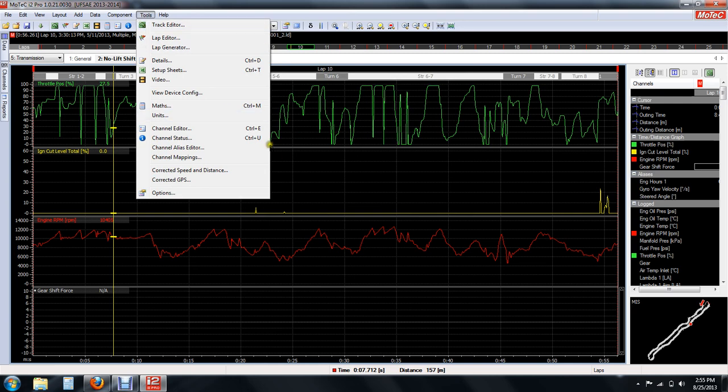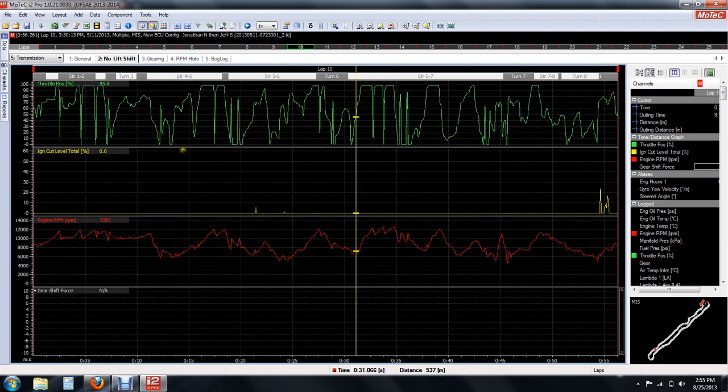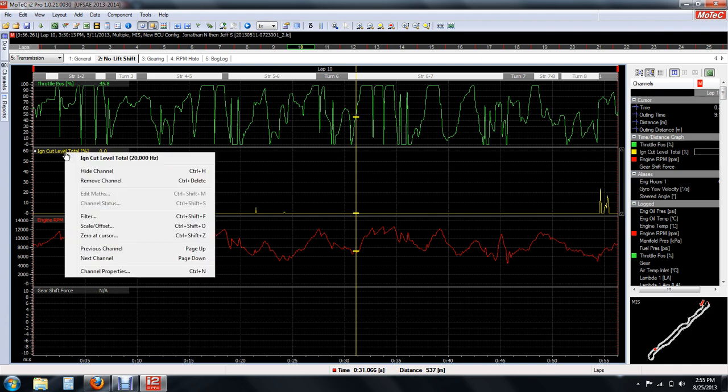So that's the basics on how to use i2, and a quick note on actual data logging. Here's another thing about i2. If you right click on the channel, you can see it'll display how fast your channel is being logged. You can hide the channel, filter it, which I'll describe soon, offset it,